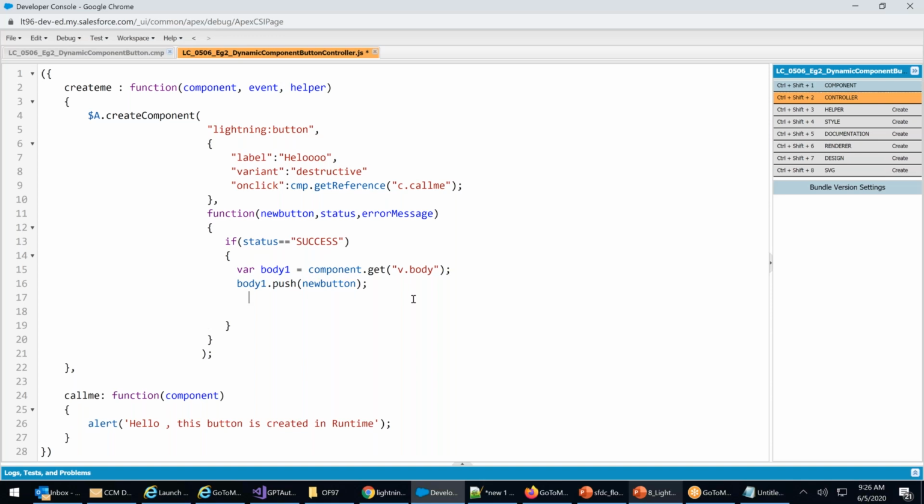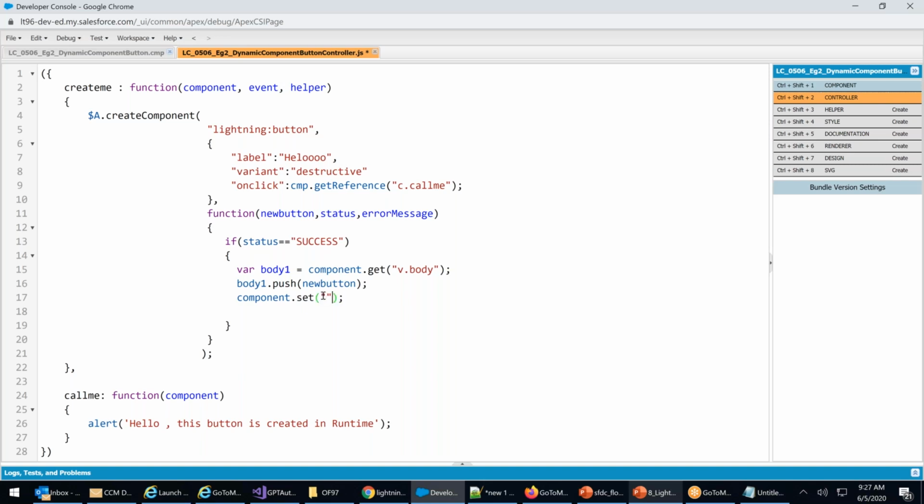And then I will say component dot set. Everywhere, because on the top I have used CMP, component. So component dot, don't use CMP, just go with component dot set. Component dot set what?